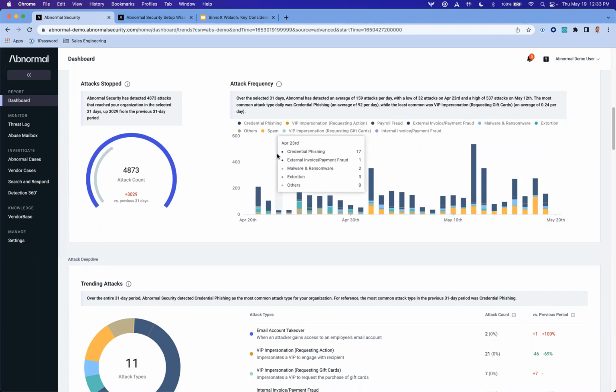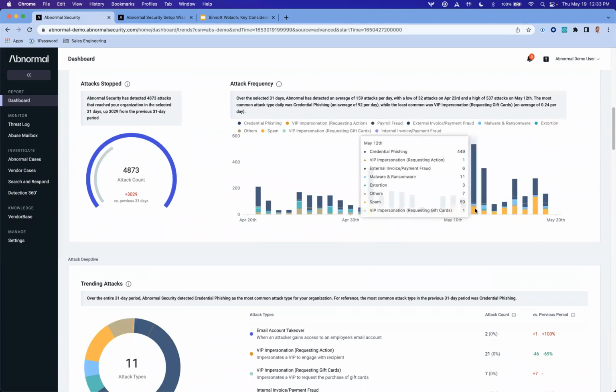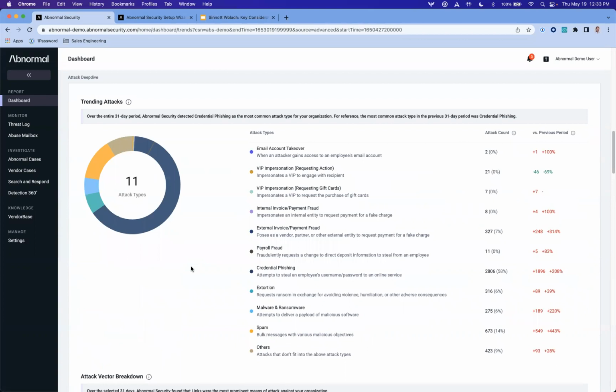The top dashboard here, this is a trend of email attacks daily that are detected by Abnormal, right? If you look at this list in the example of May 12, credential phishing continues to be that number one use case. It still lands on the inbox for the users. There's roughly about 449 email attacks that we see just one day here on May 12th. But also it includes a variety of more advanced attacks: impersonation attempts, invoice fraud, malware, extortion, etc.